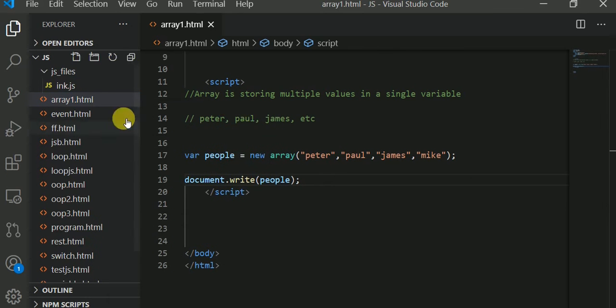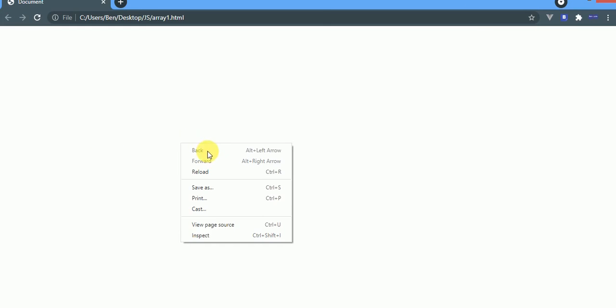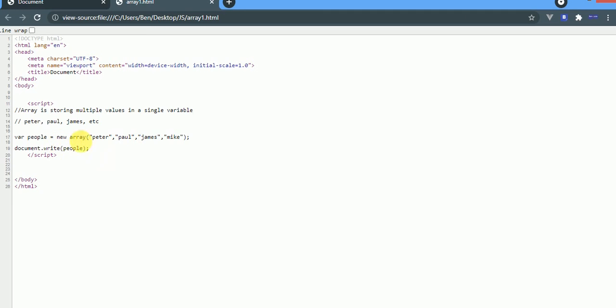Okay, let me run this code. Open in File Explorer. Okay, I double click on it. Okay, it's loading. Okay, you see nothing is showing here. If I view the source code, see that actually that's the code, but nothing is showing here. Okay, array doesn't show like that. When we want to display an array,